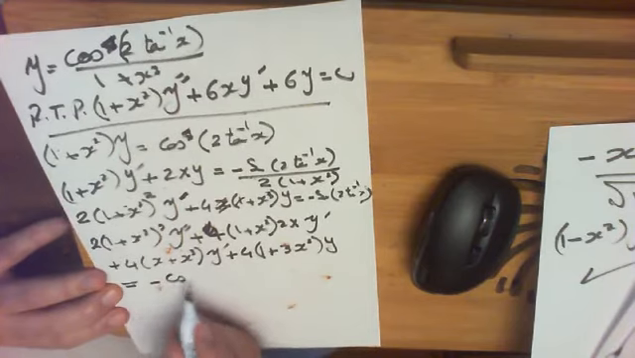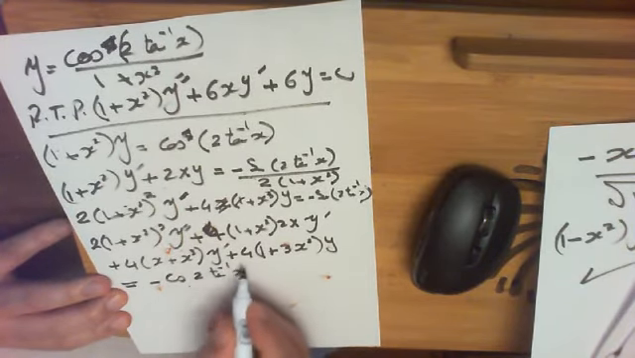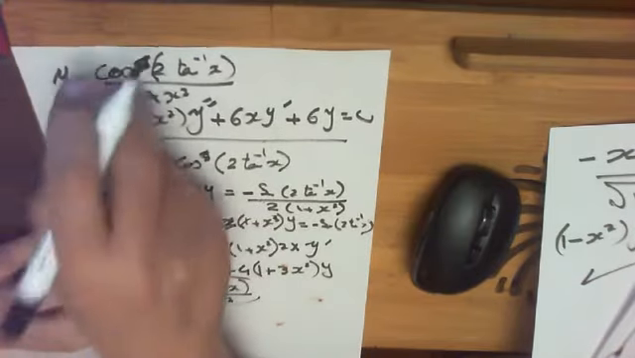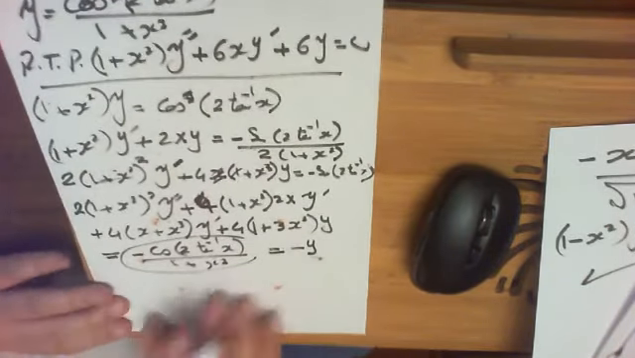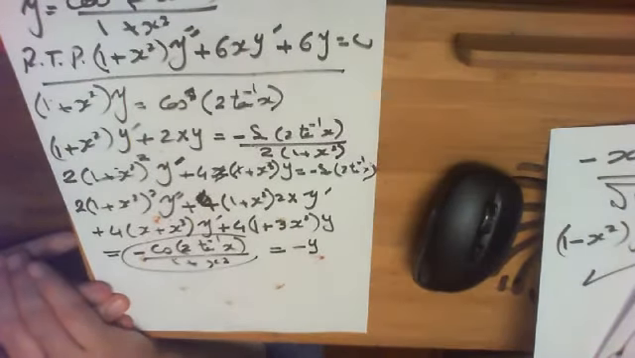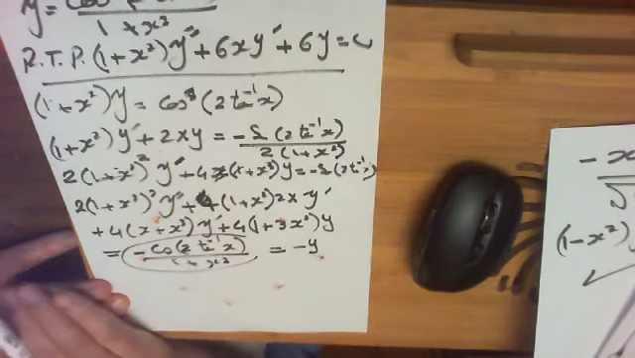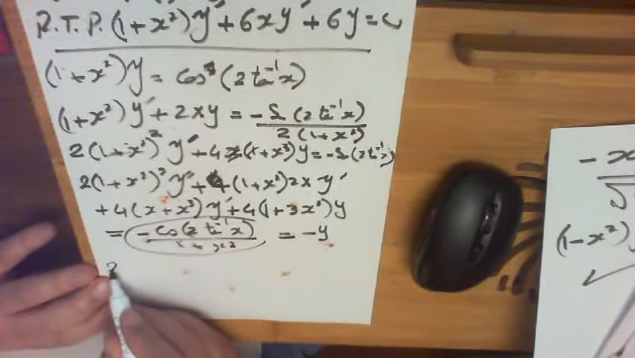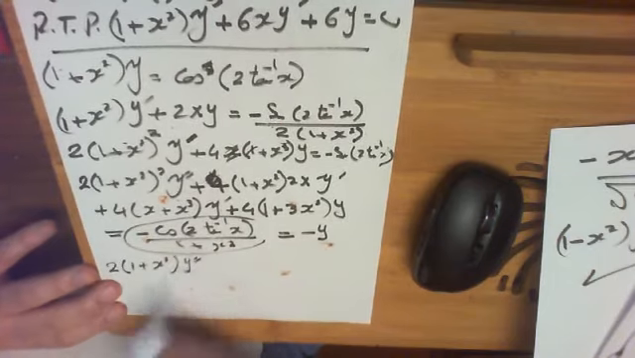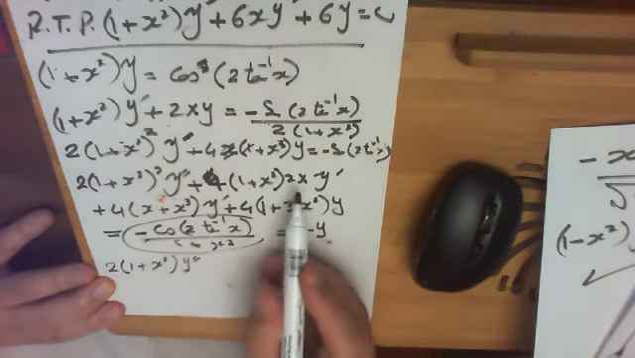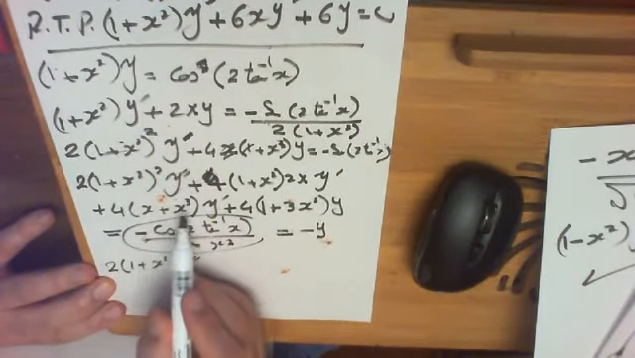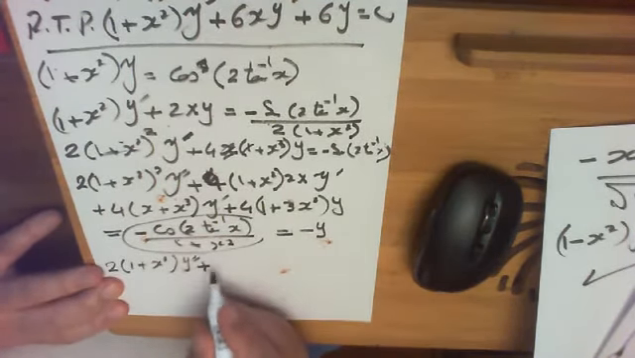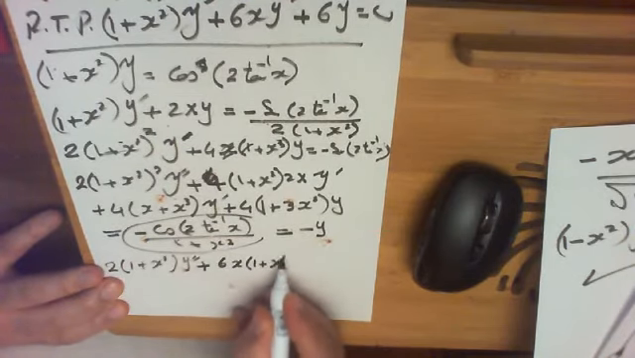the ratio of sine is cosine, 2 tan⁻¹x divided by 1 plus x squared. Oh, this is y, so this is minus y. Okay, simplify. We have y dash, we have y. Simplify in one side, so we have 2 times 1 plus x squared y double dashes. With this, this can be subtracted, x times 1 plus x squared, so we have 4 and here 2, we have 6x times 1 plus x squared